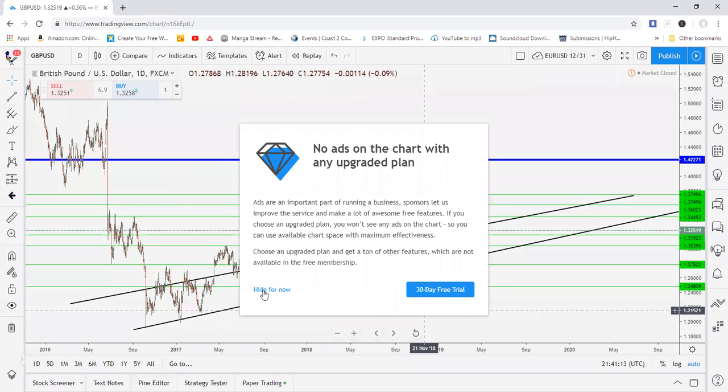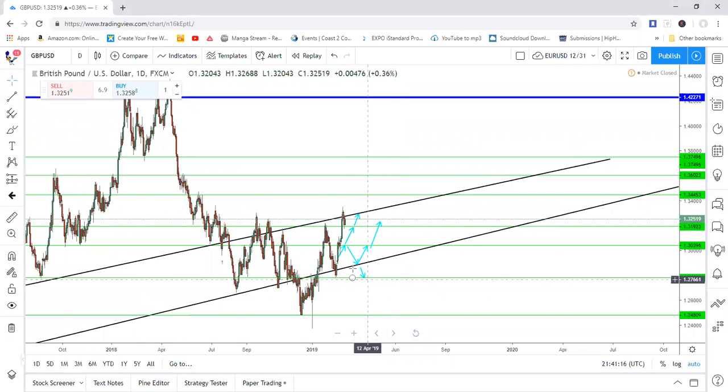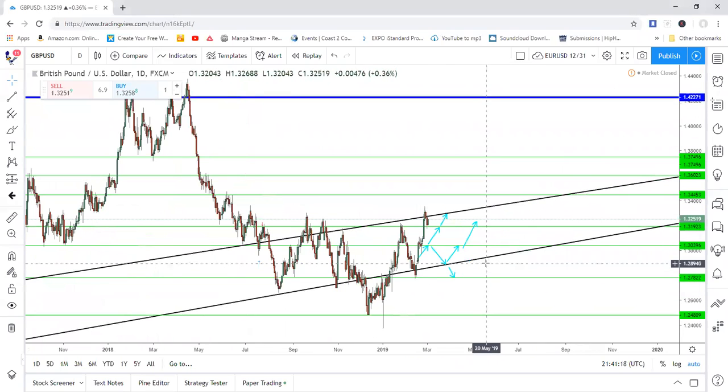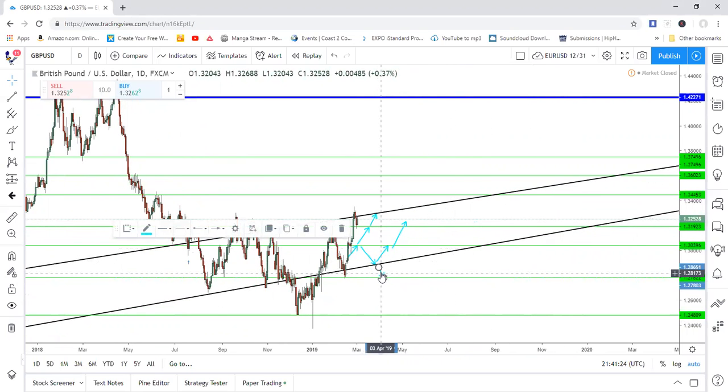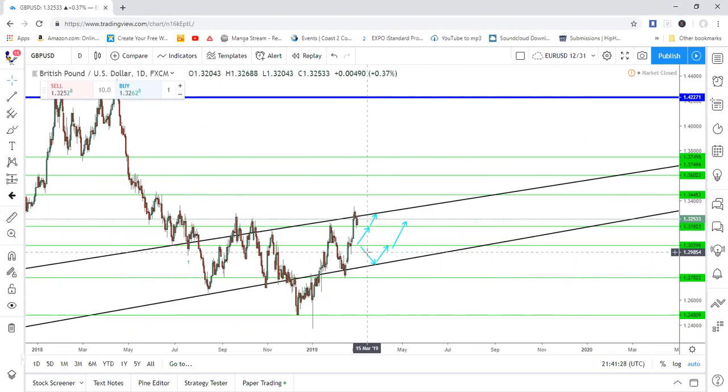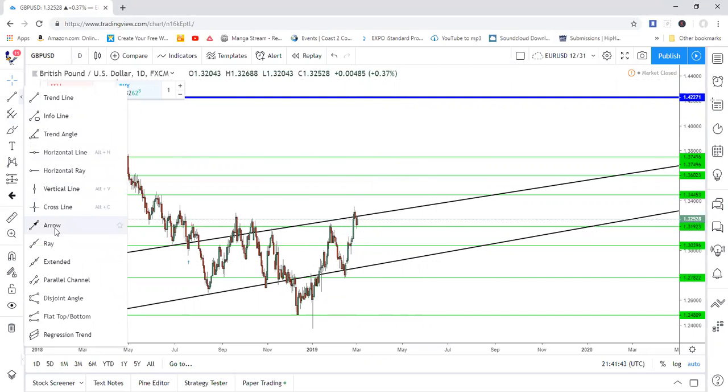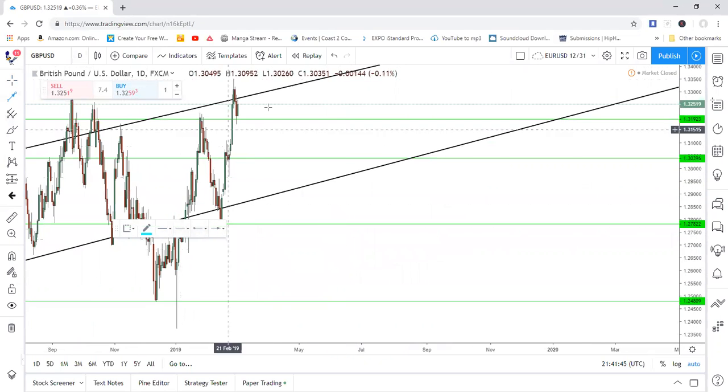We are on the GBPUSD and we're going to do some analyzing. And it looks like I had some good trading last week. So right now I'm just going to remove those arrows. If you were patient, then you would have been able to see that price is going up. And that was just like the Euro USD as well. So right now I'm just going to put some arrows down just so I can show you what price is